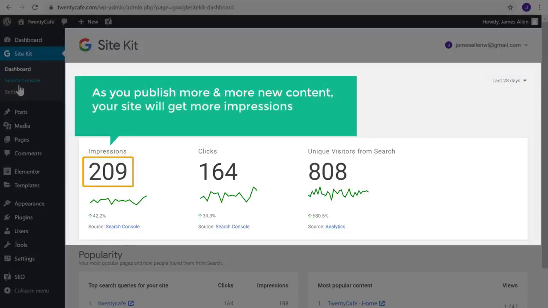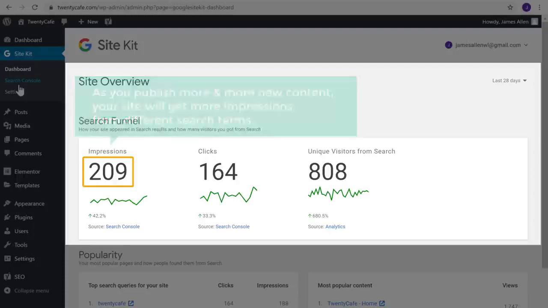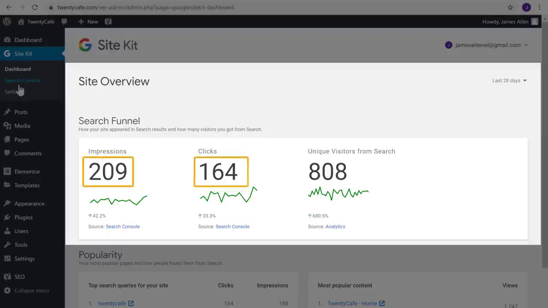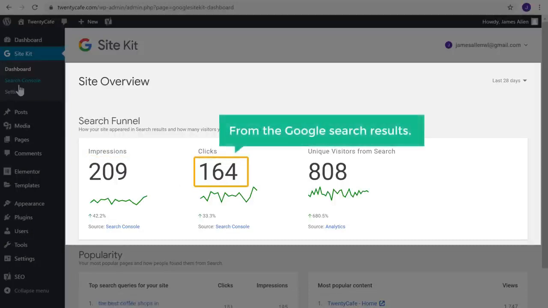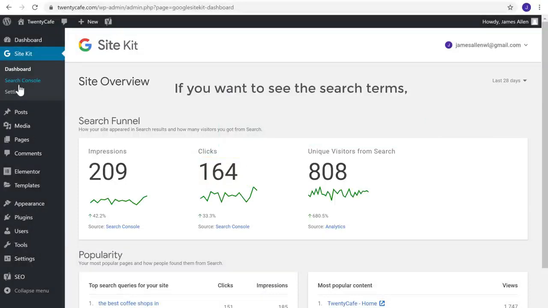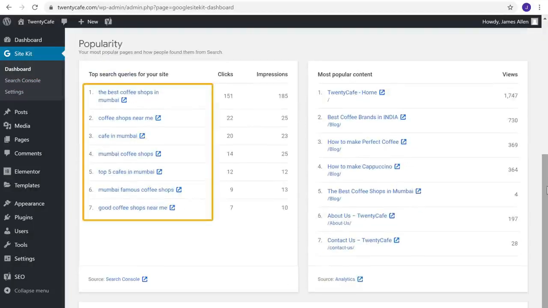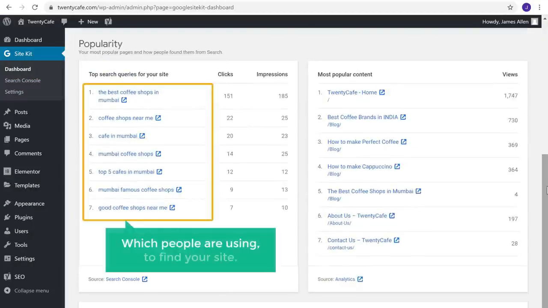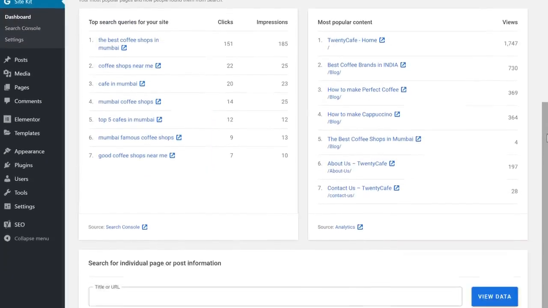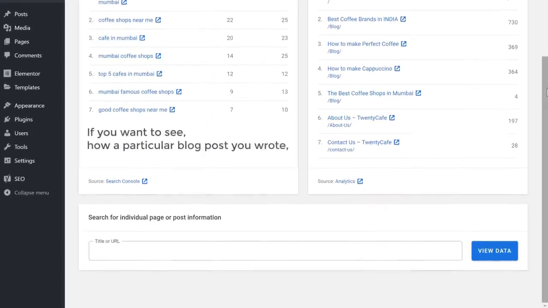As you publish more and more new content, your site will get more impressions from visitors, gradually, day by day. From the Search Console, if you want to see the search terms, a lot of information is also available about what people are using to find your site.